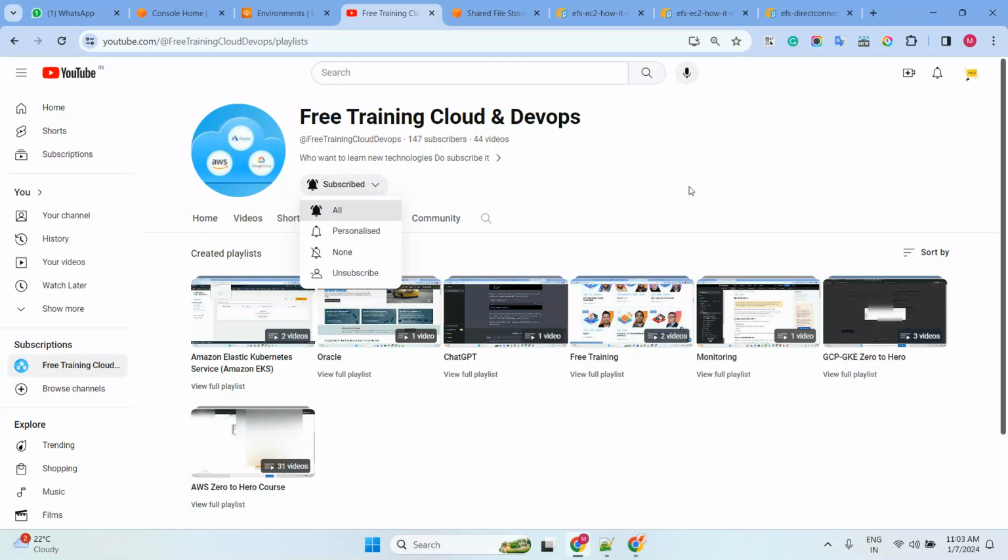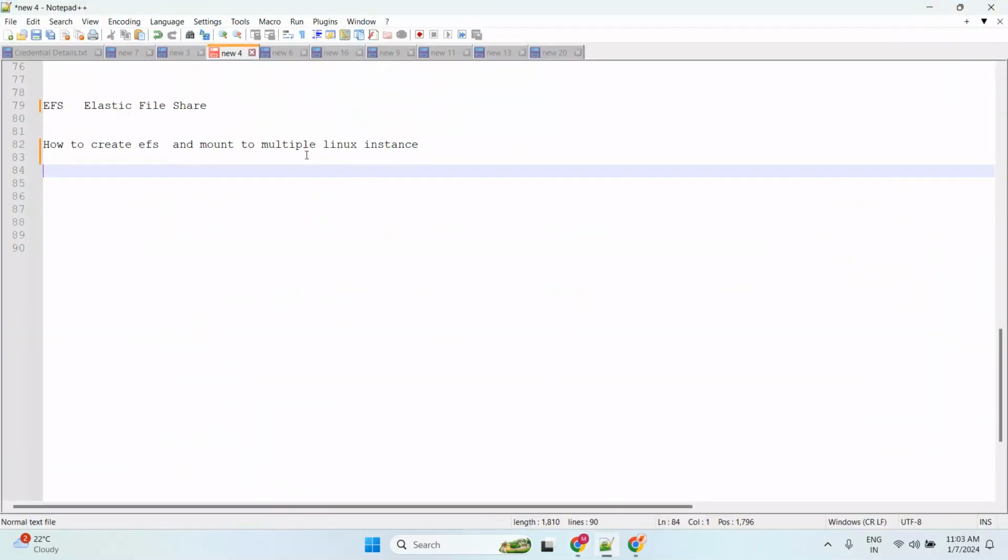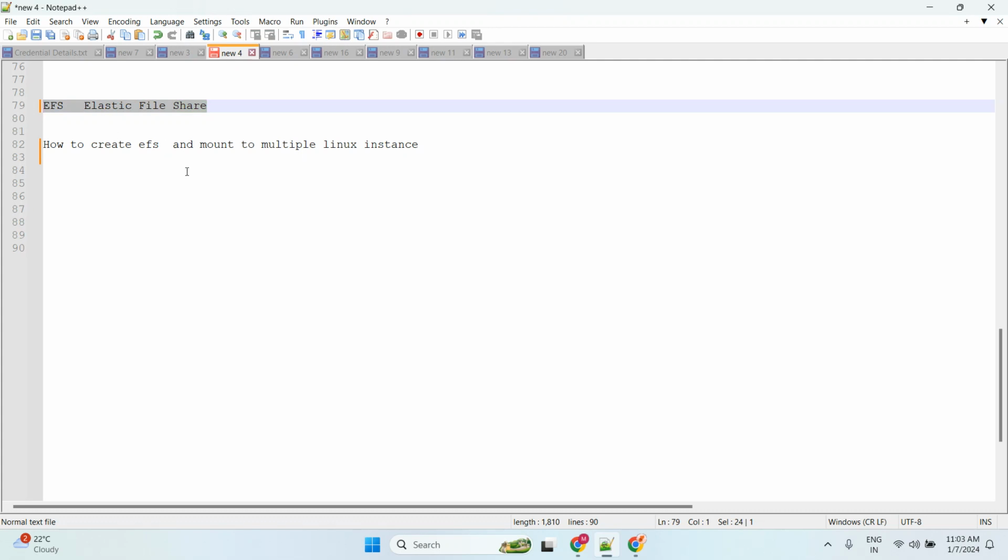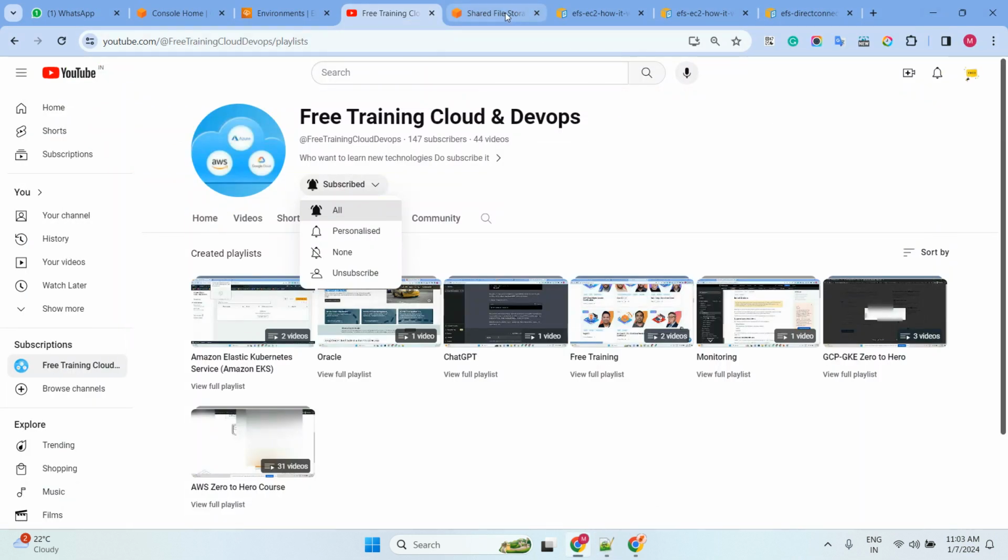So let's talk about today's topic, EFS. What is this EFS? How can we use it, and how can we mount it on multiple Linux machines? That's what we are going to see now. So let's jump into the